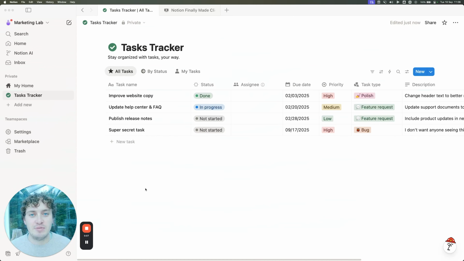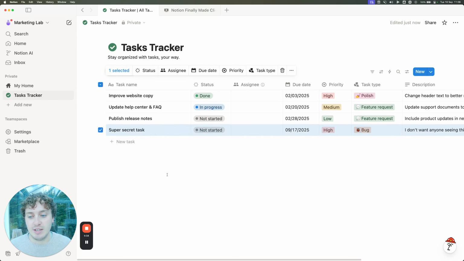Okay, so let's go over how database row permissions work. As an example, I have this task database, and this could contain tasks that I want to share with people, but also some tasks that I may want to keep private. For example, these top 3 tasks I may want to collaborate on with an external contractor, but inside the same database, I may also have this super secret task that has some sensitive business information